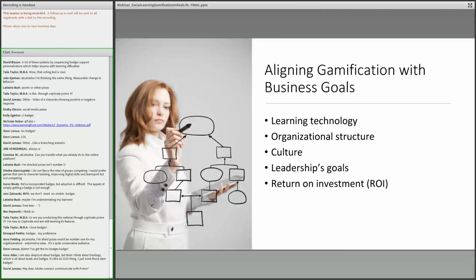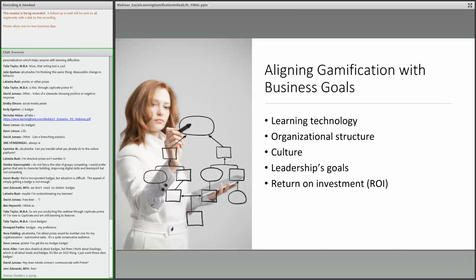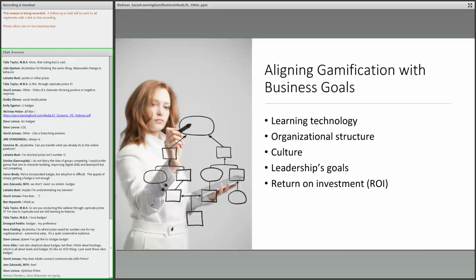That's funny. So, aligning gamification with business goals. This is something that's really key, because if you've got your gamification out there and it just doesn't seem to have any meaning, it just looks like busy work, no matter what kind of prize you're offering, your learners are not going to appreciate that. So you want to make sure that you advertise what the meaning is behind the training.